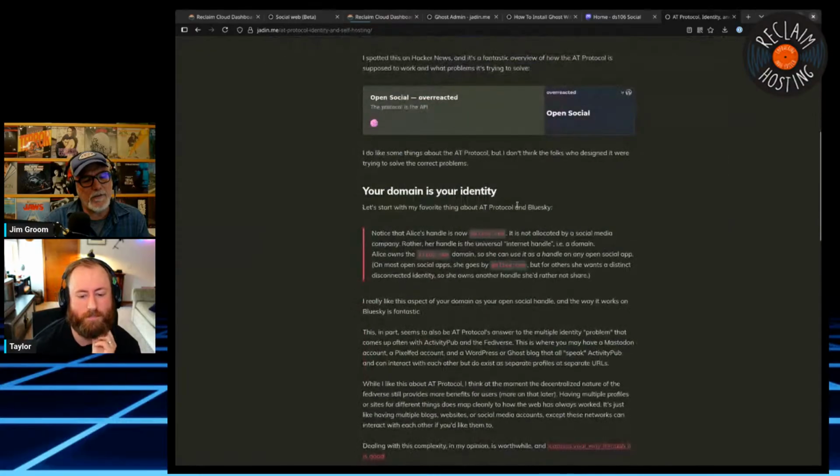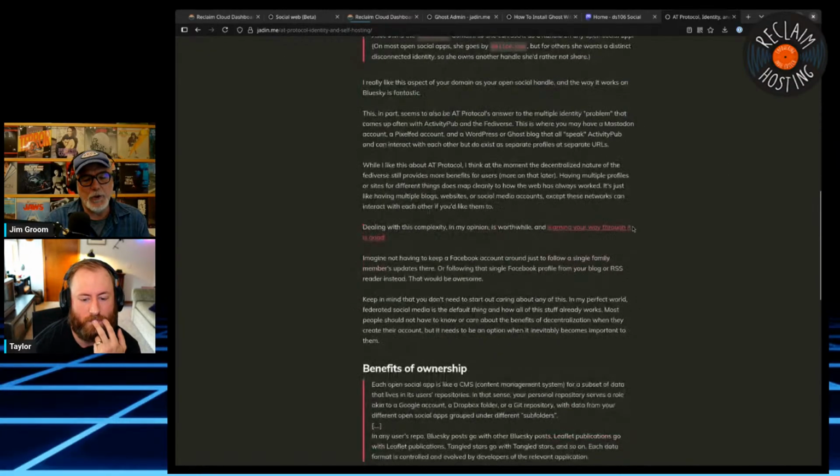But there was this sense, right, that Blue Sky should get on board with ActivityPub, and there should be some sort of uniformity amongst protocols in order to make things interoperable and so on. So is this just another case of Blue Sky going its own way, or is it a philosophical difference, or, like? I think yes to both of those.